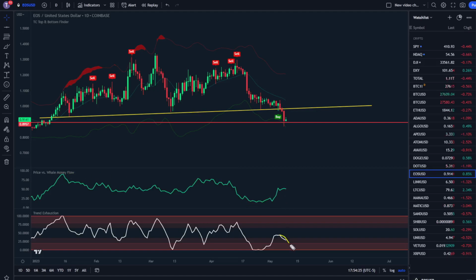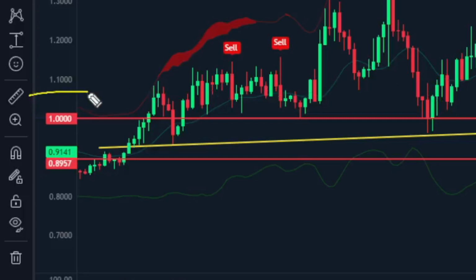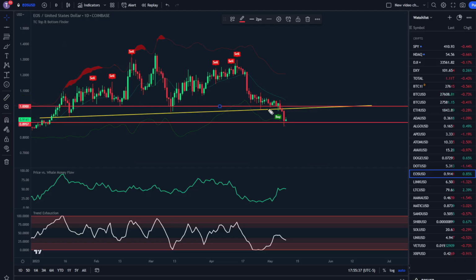At this point though, because trend exhaustion is low and we are seeing a little bit of room to move up, I'm expecting moves up because of that. Knowing that, we just need to check out possible resistances to see where the price is likely to head up. Personally, again, I'm looking at this ascending resistance line. Now, if I take this line, make a little copy of it, and move up a little bit right about here, as high as the exactly $1 mark, right around this area is where I'm looking for the next move